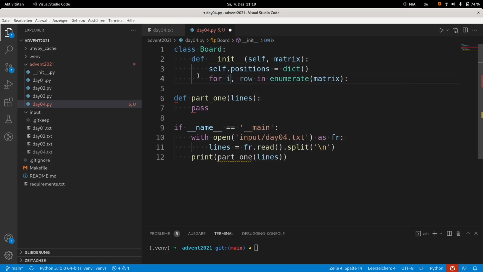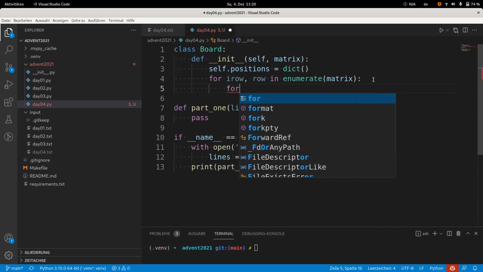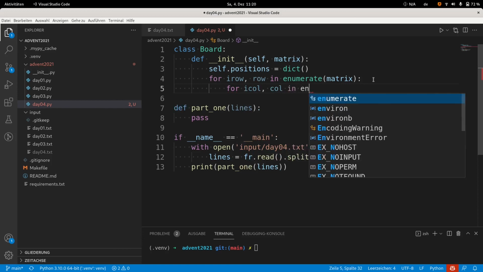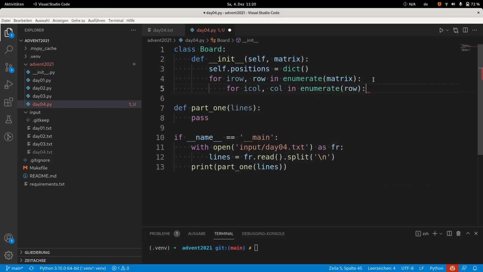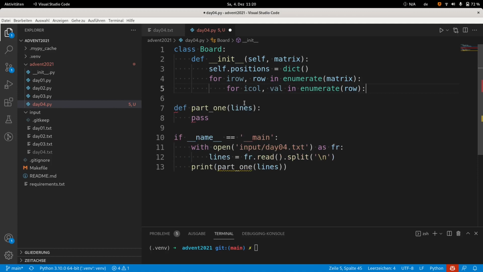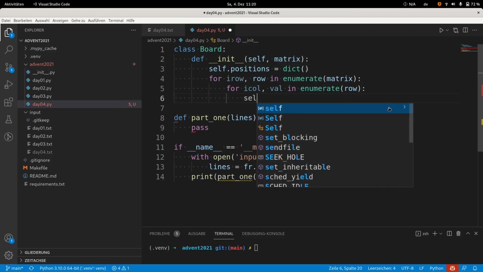So I call it i_row, meaning the index of the row, which is 0 to 5. And then I do the same for every element in the column. So I iterate over the row. So for i_col, col in enumerate row. Row is a list. So now col is actually the value. I could call it val. Now I have a value, which is the specific number in a specific position. And the position is i_row and i_col, which is the index of the row and the index of the column. So what I do is I mark the position,